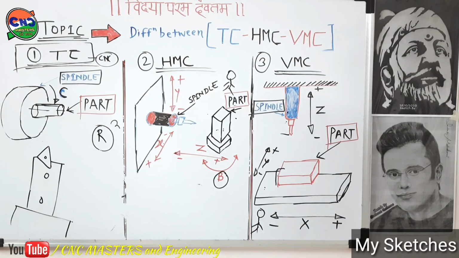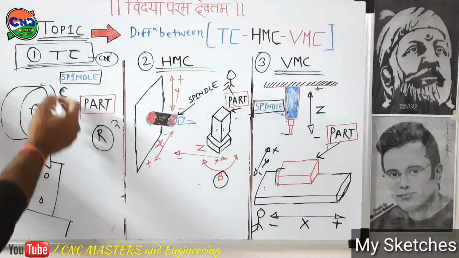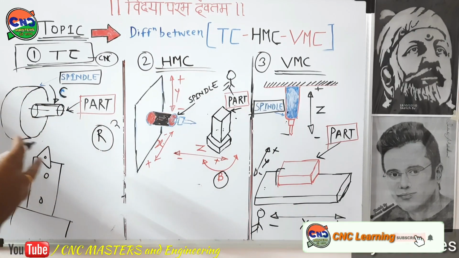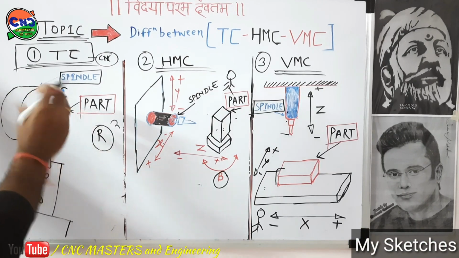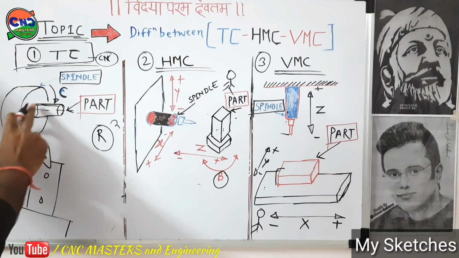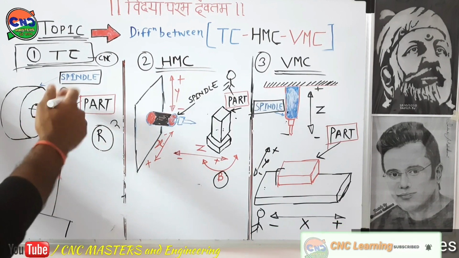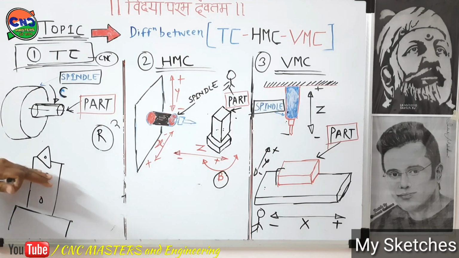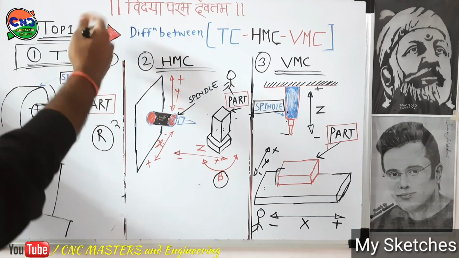As you can see here, there is one chuck like a drill holder. This is a chuck with a minimum diameter of 250 mm, I think, and these chucks vary according to machine capacity and also RPM. The job, whatever rotating jobs or shafts, is held inside this chuck, and these shafts are always rotating. And as you can see here, this is your tool turret. Actually this turret is on this side in turning centers, but I have shown it on this side for visualization because I don't have space there.